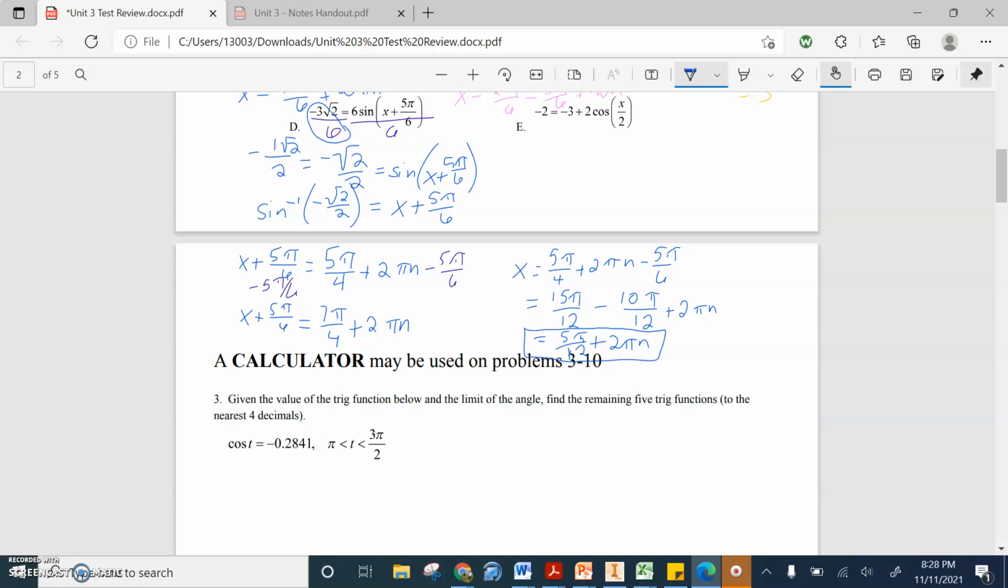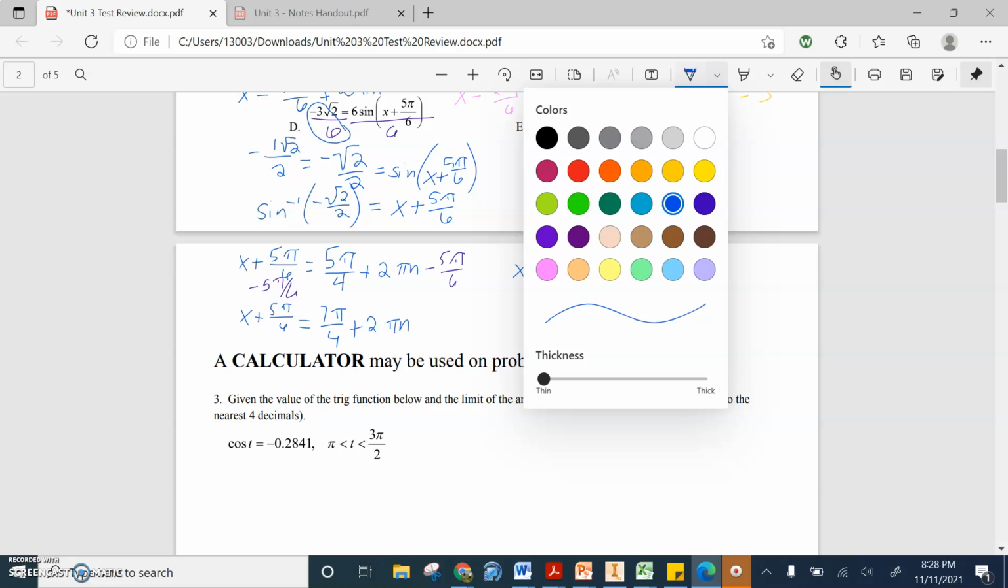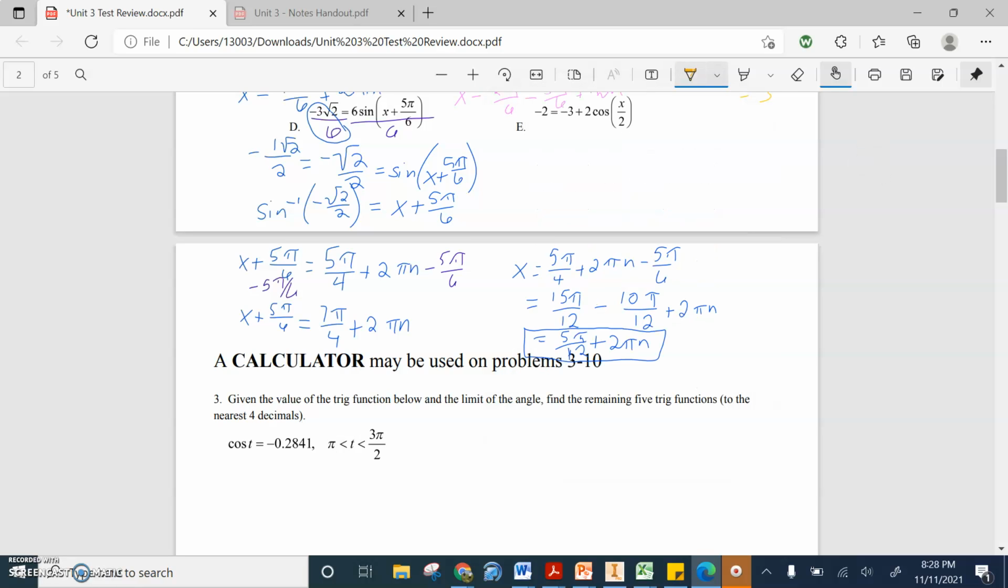That is one answer. Now the same thing is happening over here with x plus 5 pi over 6 when it's 7 pi over 4 plus 2 pi n. I'll carry this down to here just because we need the room. So this looks like x equals 7 pi over 4 plus 2 pi n minus 5 pi over 6,